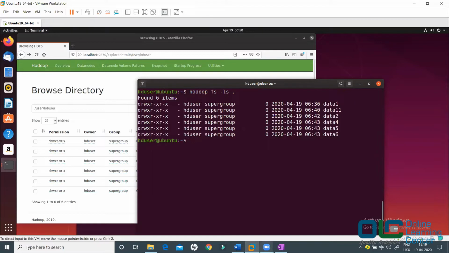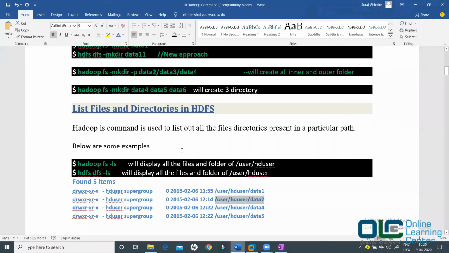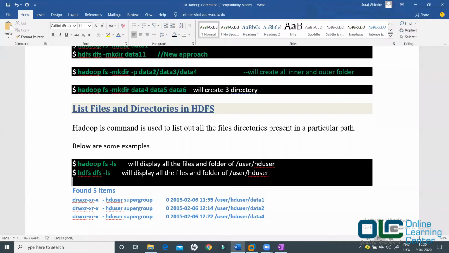So the current user is /user/hduser. Let me update this here so that you can use it as your reference: dot means current user.